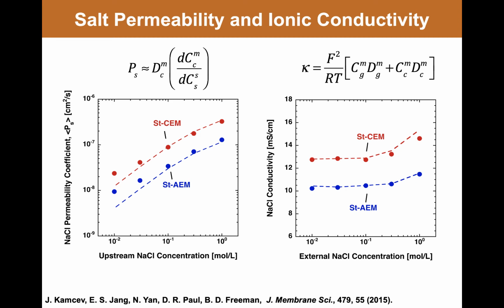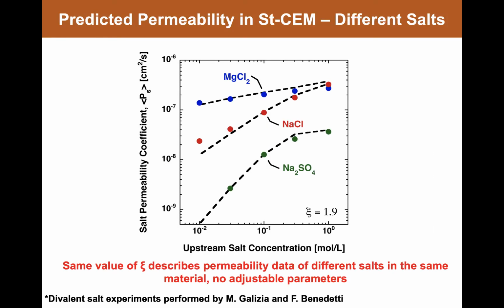This is the first time in the 30 years of my career that I've seen a case where one could actually predict permeability of a solute through a membrane with no adjustable parameters. Now, once we've set the Manning parameter, and the data I showed you before is for sodium chloride, and we had calculated a Manning parameter of 1.9. Well, that same Manning parameter value works for any other salt that you might want to use, and you can see the model predictions line up with the experimental data almost perfectly, and so this provides a gratifying